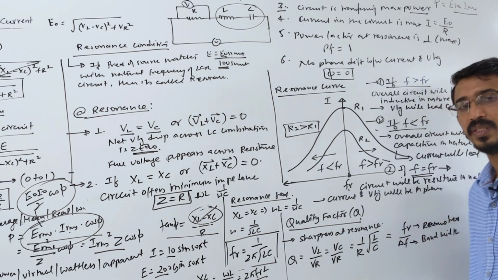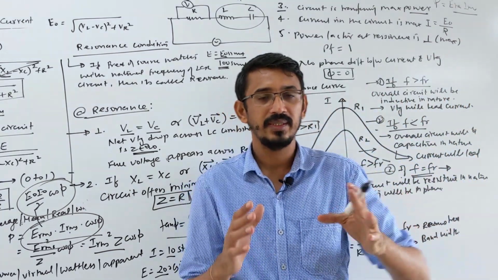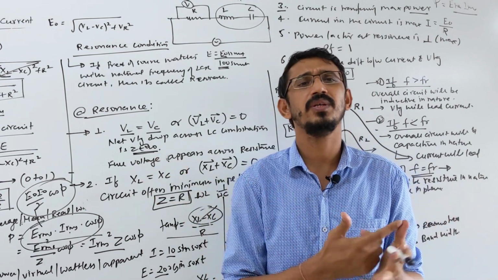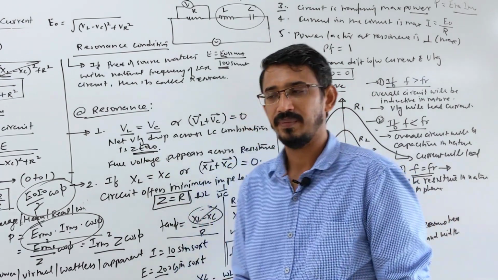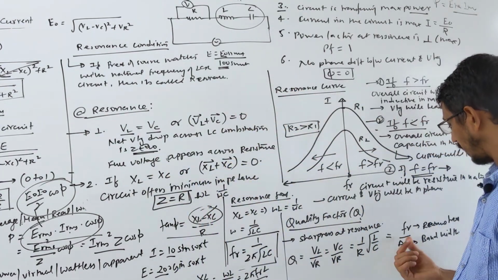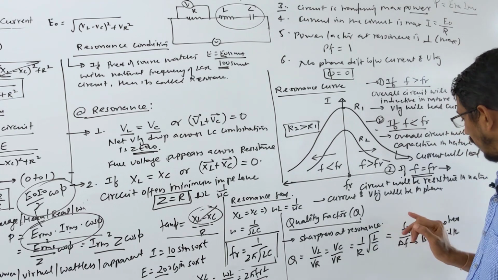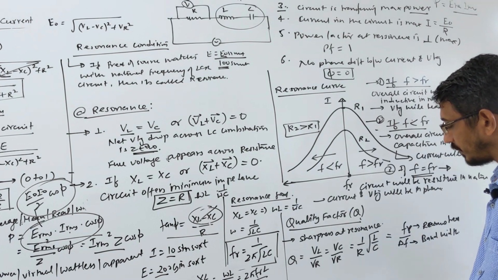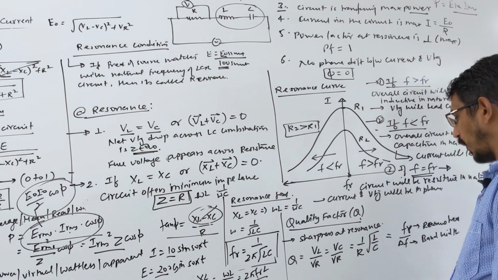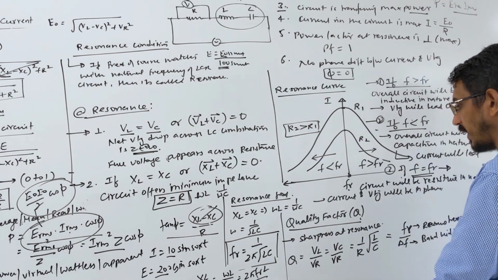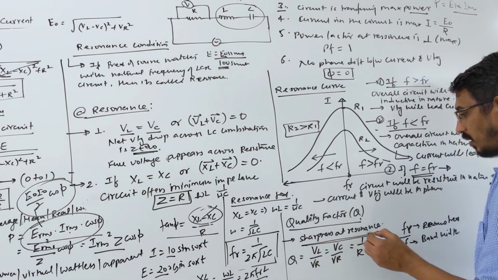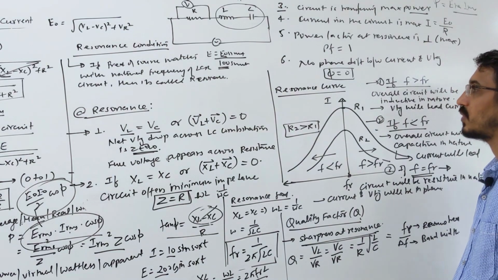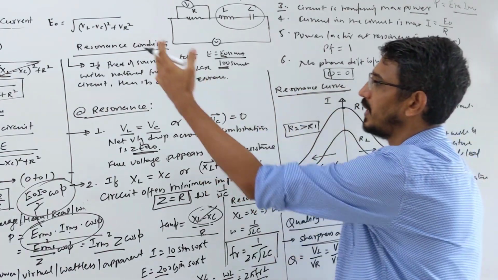What is bandwidth? The highest frequency and lowest frequency in that circuit will be given to you. The difference of them is simply your bandwidth. They never ask this in the NEET exam, but it is important to remember that resonance frequency by bandwidth is also your quality factor. So this is what quality tells you, the sharpness or clarity of resonance.